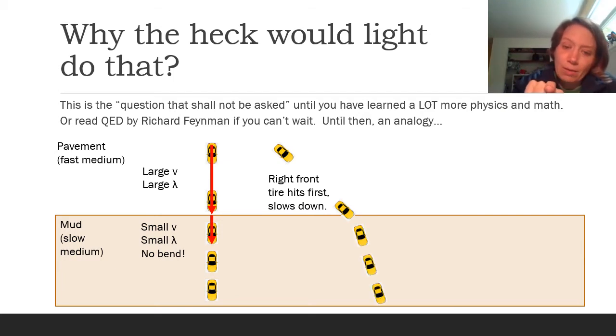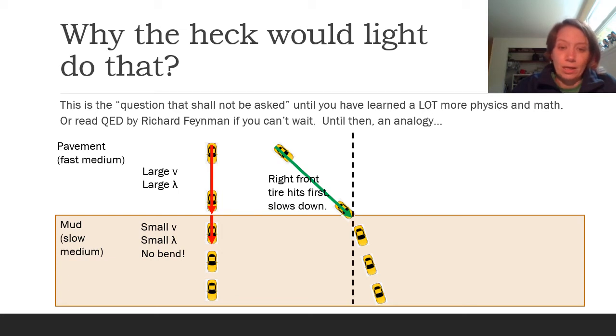So the car hits that boundary, the front tire kind of pulls back, swings the entire car around, and changes the orientation of the entire path of those cars. So if we were drawing this with a light ray, right? Light ray comes in like that. There's your normal line that you would draw whenever we're talking about a light ray hitting a surface. And the refracted or transmitted light ray is going to continue at a different angle. So we have that bend happening right at the surface, and then the light ray is going to continue straight